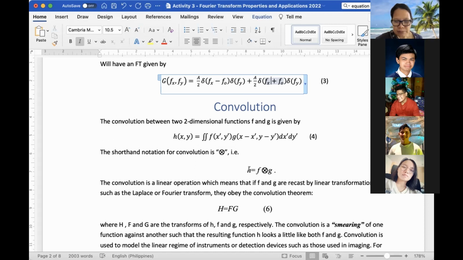Take the Fourier transform of small h, you get the product of the Fourier transform of f and g, which is equal to the Fourier transform of the convolution of f and g. Okay? So kung mahirap man gawin ang convolution in xy space, madali siyang gawin in Fourier space kasi multiplication lang